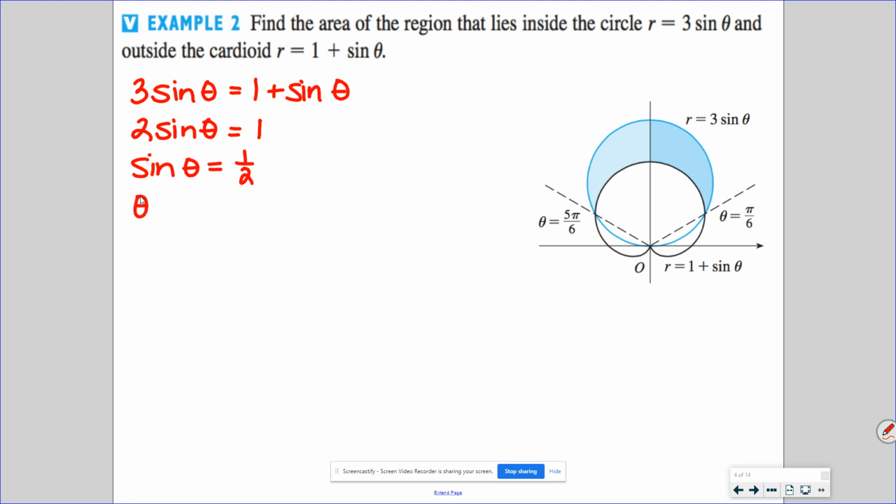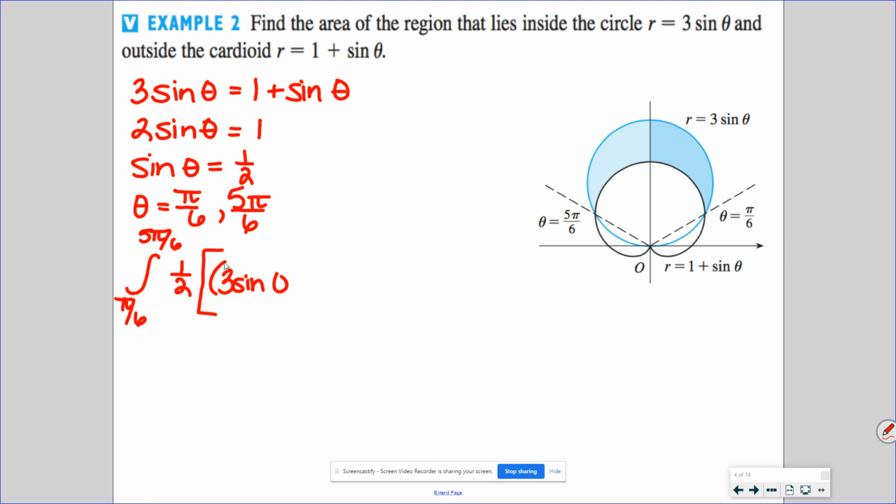Basically, when is sine equal to 1/2? That occurs at pi by 6, 5 pi by 6, negative pi by 6. Things like that will work, and obviously that's what we're dealing with here. Okay, so to set this up, pi by 6 to 5 pi by 6. We have a 1/2 as part of our formula, and then top curve squared. So 3 sine theta is on the top of this diagram, so that goes first, minus 1 plus sine of theta squared